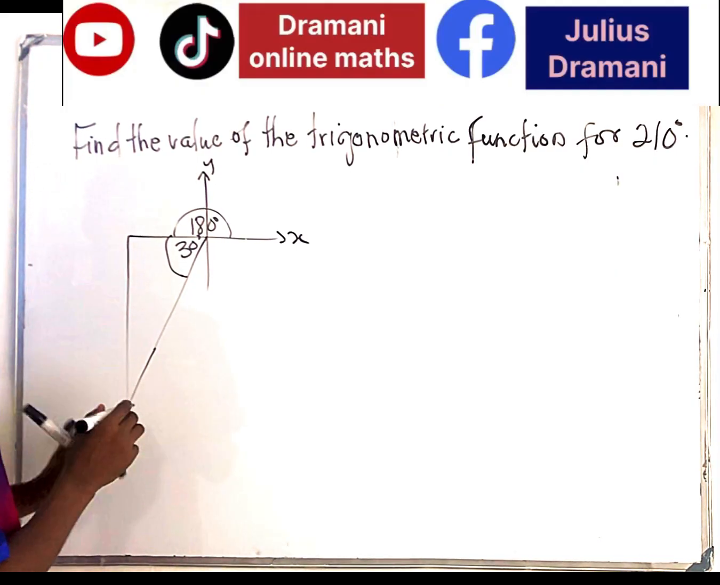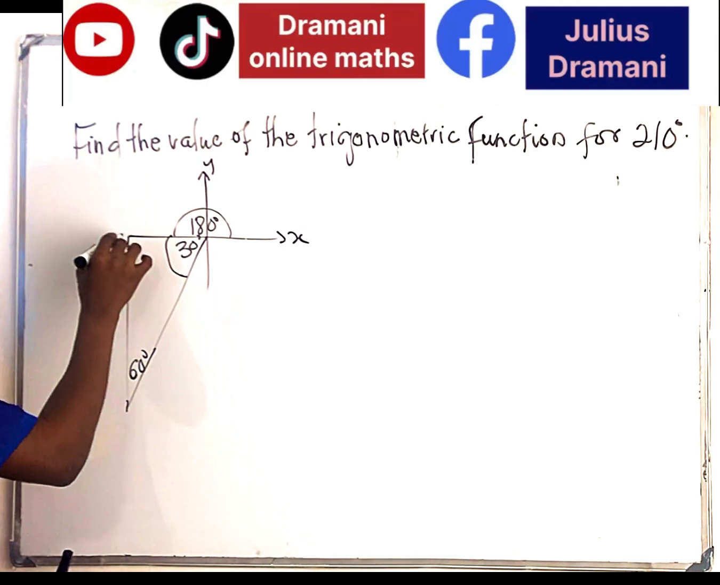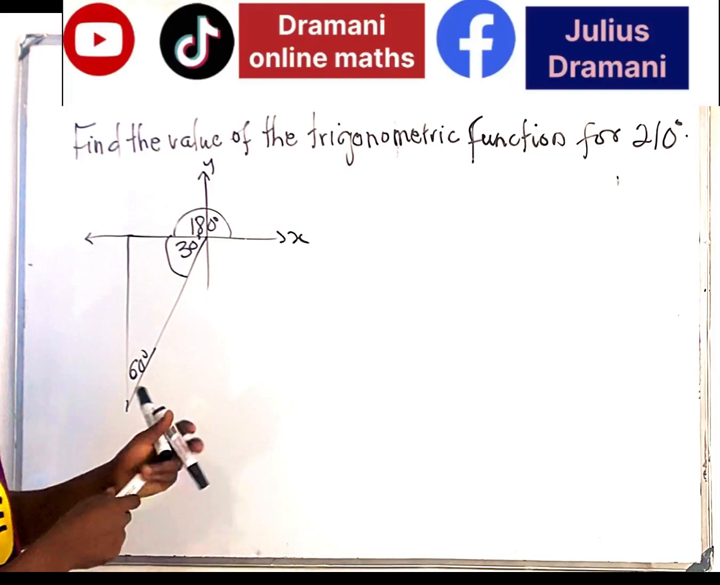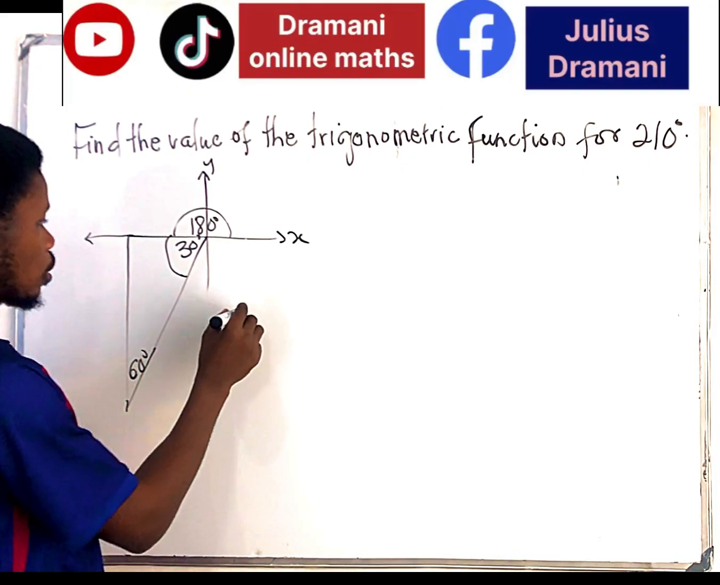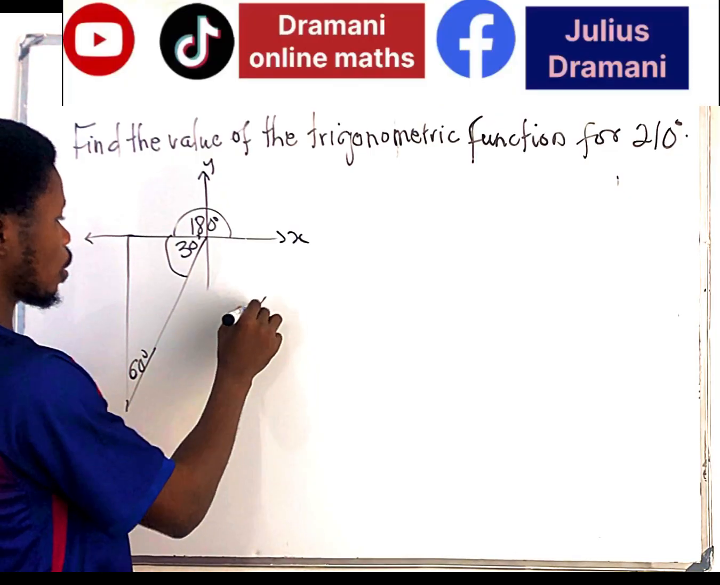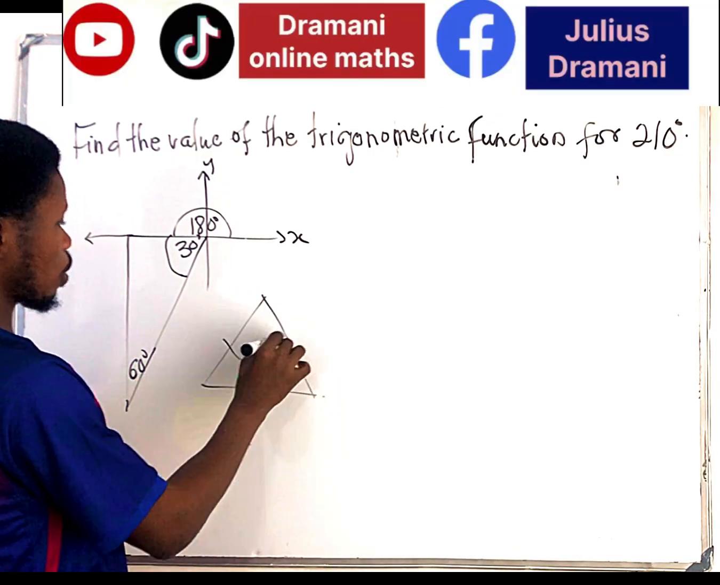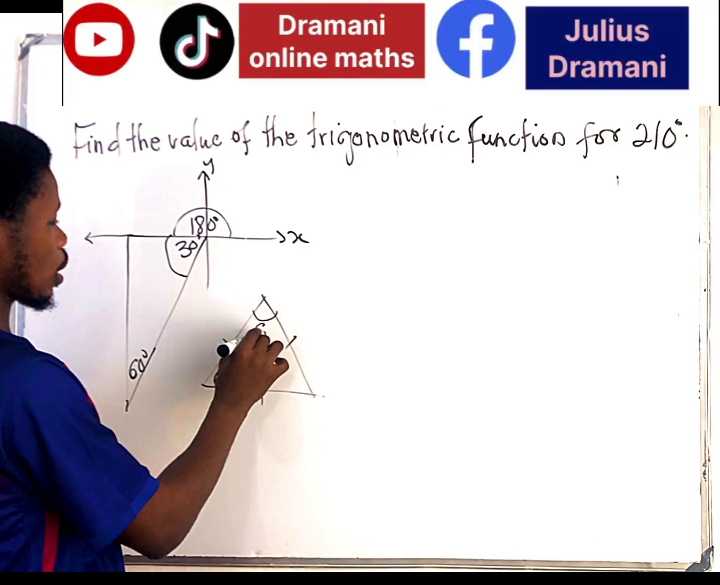Okay. Now, this is 30, 60 degrees. And remember that when we were doing the special angle, we had 30, 60. If you are forgetting, let's see. When we were doing special angles, I drew something like this, where this one was an equilateral triangle. And you know, for an equilateral triangle, the angles are the same,